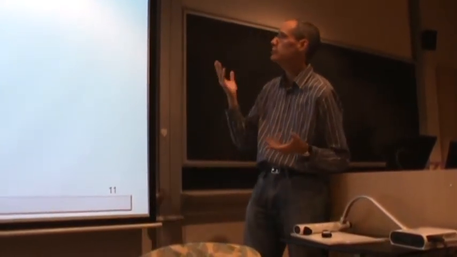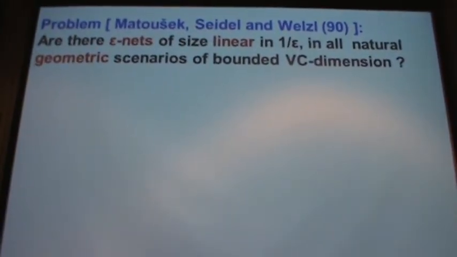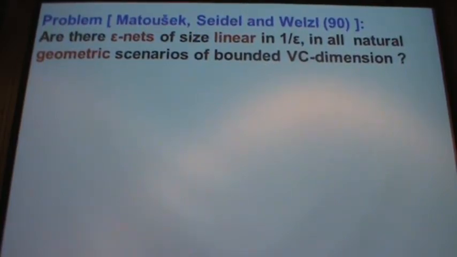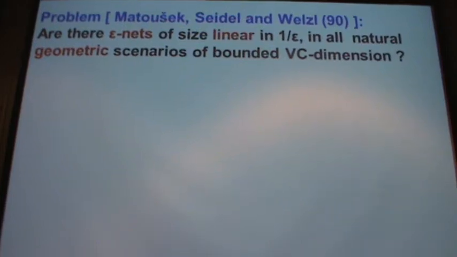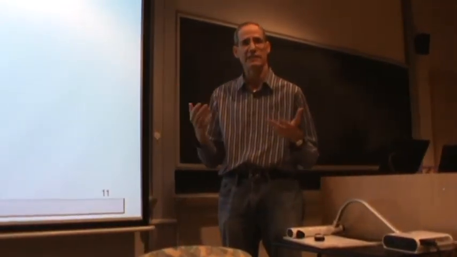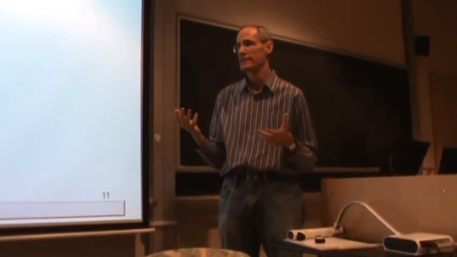And so specifically the problem, and the way it's formulated here, but this is the way they formulated it, Matoušek, Seidel, and Welzl, some 20 years ago. So maybe you can be more formal about it by defining what it means, natural geometric scenarios. But let's just say that the belief was that in every natural geometric scenario, like the examples we saw at the beginning, of constant VC dimension, we don't need this extra log factor. And people somehow